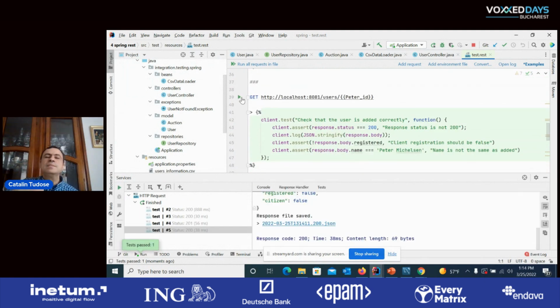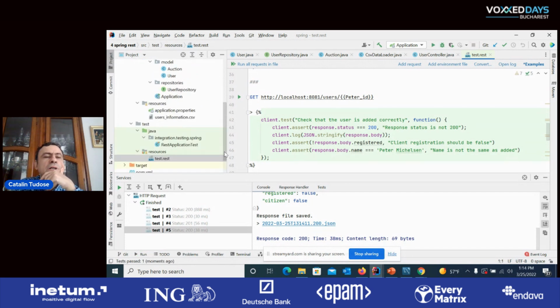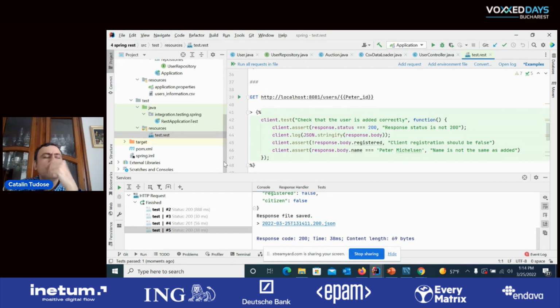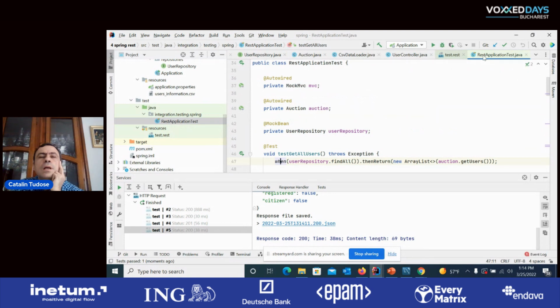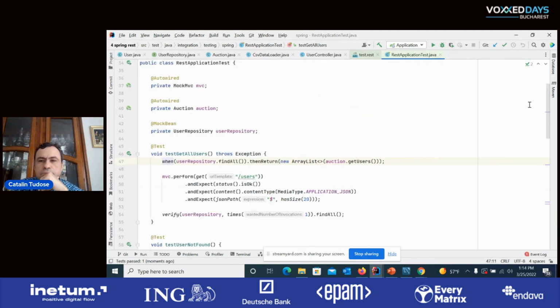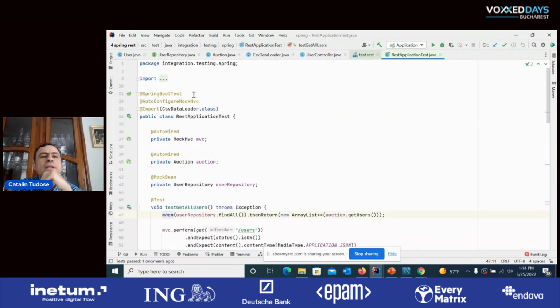So this is at least partially automated, but it has the disadvantage of needing pretty much code. And besides that, it needs our application to be up and running, and we are interacting with the real database. And one alternative, to use Spring integration testing with Spring, is to write this test with mocks. Also, I'm writing here a Spring Boot test,